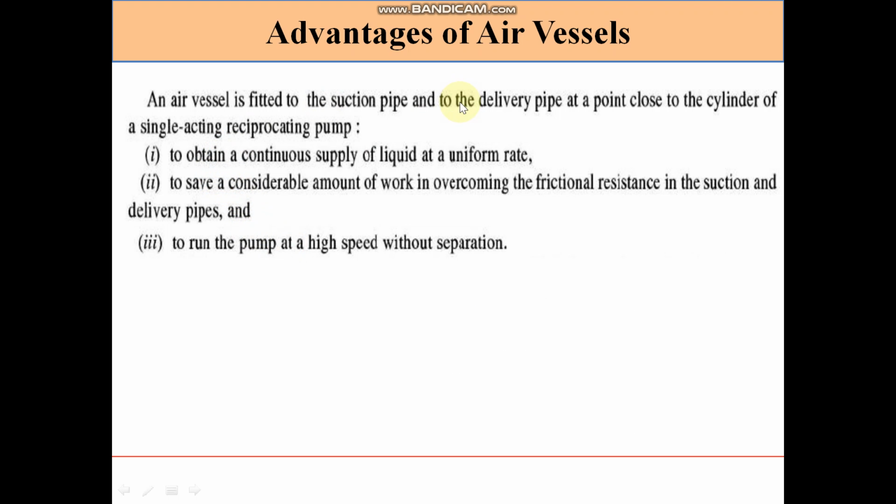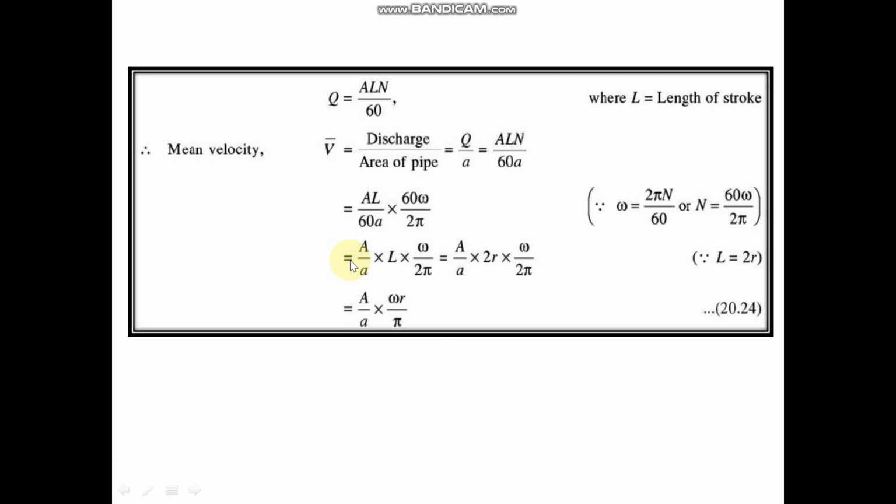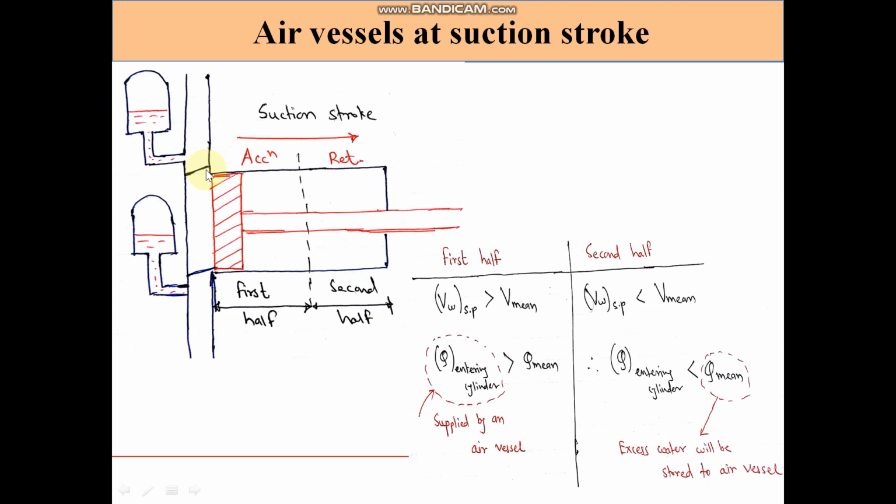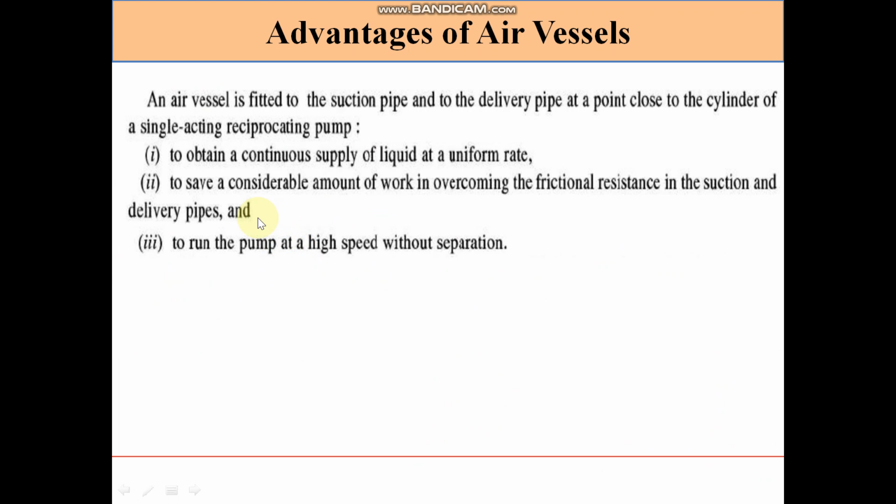So the advantage of the air vessel is to obtain a continuous supply of liquid at a uniform rate. From the delivery side we get the benefit that we will be getting continuous discharge. Second advantage: to save a considerable amount of work in overcoming the frictional resistance in the suction and delivery pipes. That means